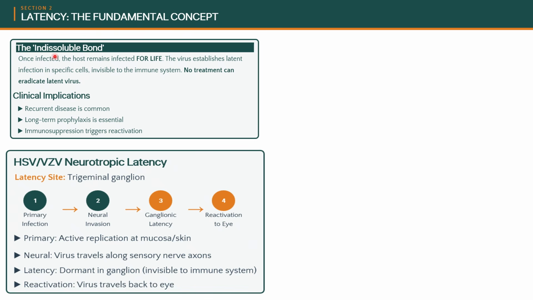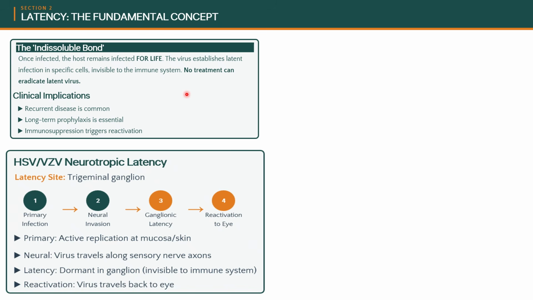Now, this is known as the indissoluble bond. That's a very strong relation. The virus will be dormant inside the cells and it cannot be eradicated. You cannot treat it with antivirals at that stage, because all antivirals are based on the multiplication of the virus, so they block certain pathways in the multiplication of the DNA of that virus. However, when these viruses are in a dormant state, they are not actively multiplying, so even antiviral drugs cannot affect them. They affect them only once they start multiplying, so they are useful for prevention of multiplication. That's why they are useful in the prevention of recurrence, but we cannot